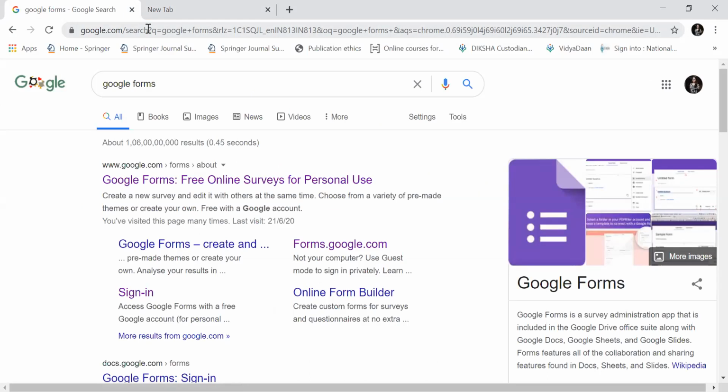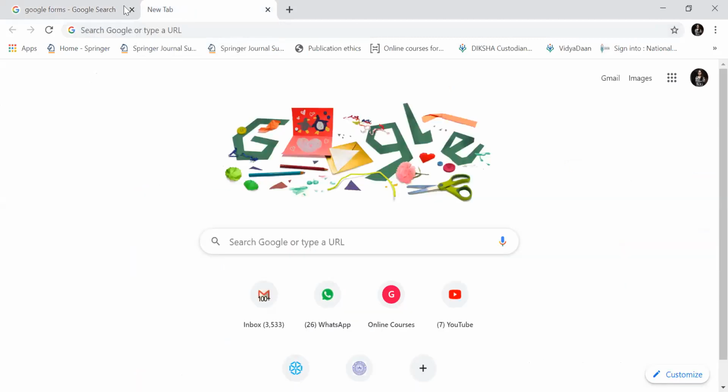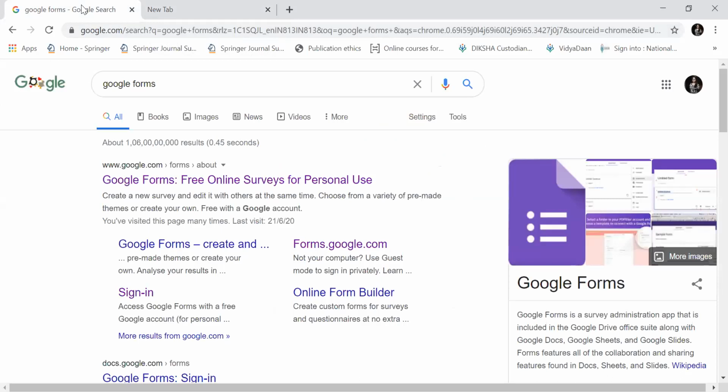If we want to register participants for any workshop, for admission purposes or for any other purpose, or if we want to seek feedback from others, or if we want to assess our students, we can use Google Form very effectively and efficiently. These are very easy to use. There are basically two ways by which we can use Google Form.